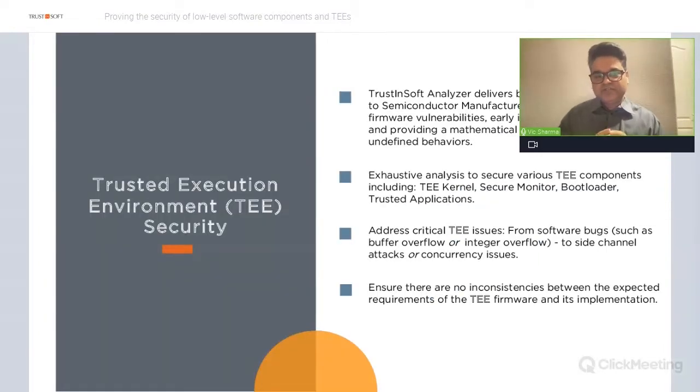And finally, security of trusted execution environment. TEEs, as you all know, are highly secure, but there have been incidents where vulnerabilities within the TEEs themselves have exposed the chipsets and devices they are a part of to security breaches. This is very critical, not just for the semiconductor manufacturer, but also domains that are heavily dependent on it, such as telecom, mobile, consumer devices, and automotive.